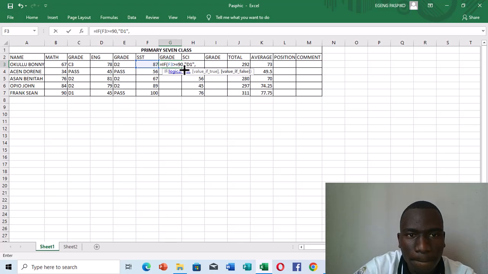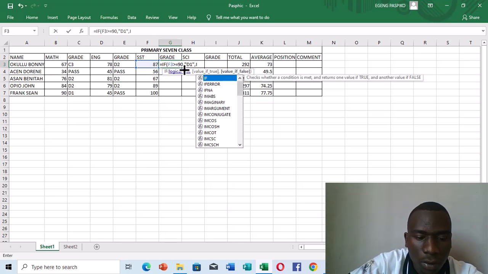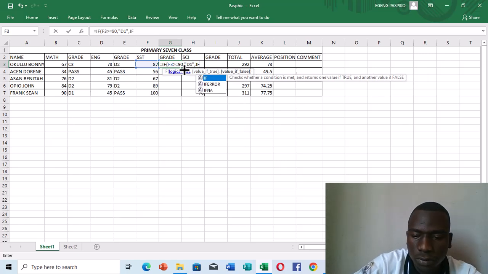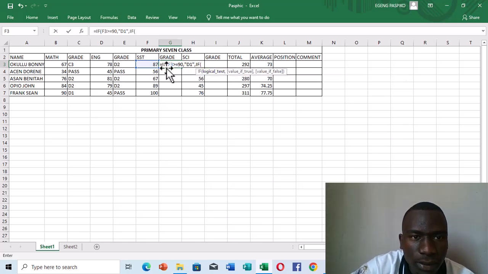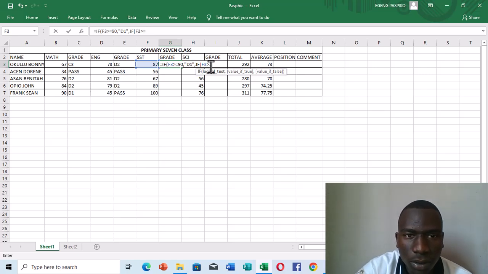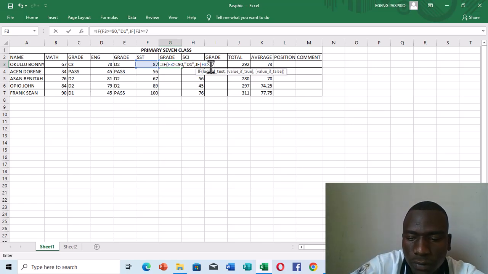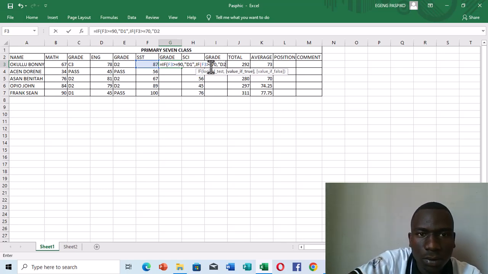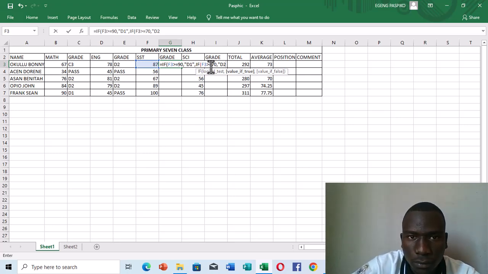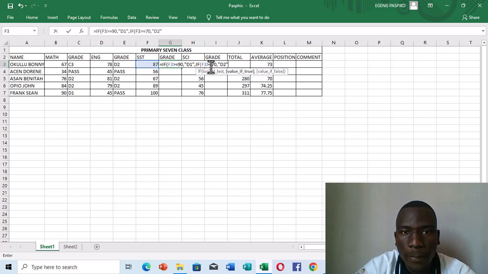and comma. Then if, still open the bracket, this if now this one is greater or equal to 70, that's a D2, then comma,